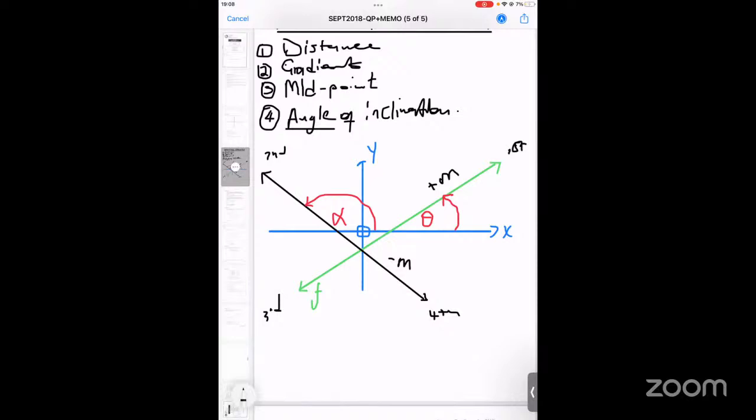We have a formula which says tan of the angle of inclination equals the gradient. The gradient that you know how to calculate is there in that formula. So now, this is the situation. The moment we have a positive gradient,